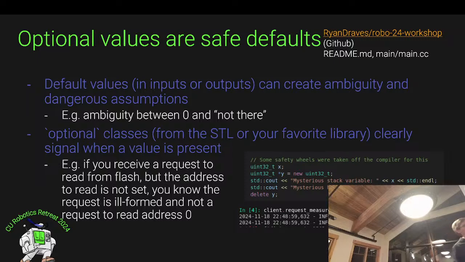But imagine if I want to write to Flash at a certain location and it takes on the value 0. Does anyone know what is typically at the 0 address in Flash? This would typically be your bootloader. This is the thing that helps your program enter into its main function and actually start. So if you wrote bad values into where the bootloader is, you will probably brick your device, and you'll have to use a debugger to go get it. It is recoverable, so long as you can attach a debugger, but it certainly won't start on its own for you to be able to flash it anymore.